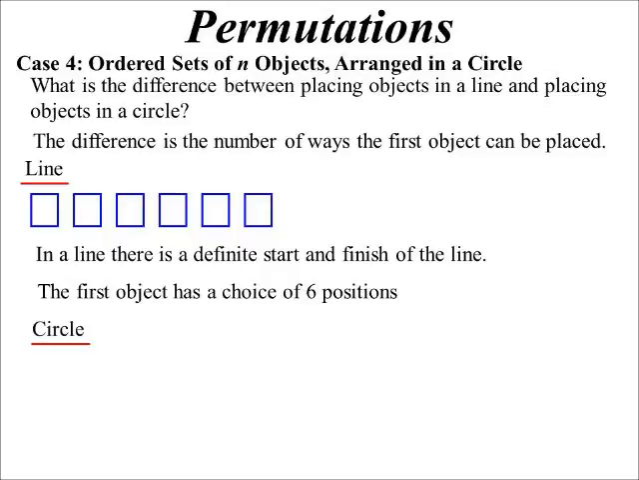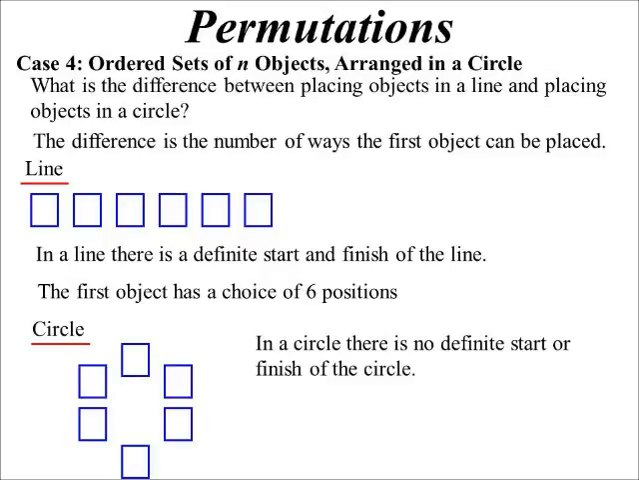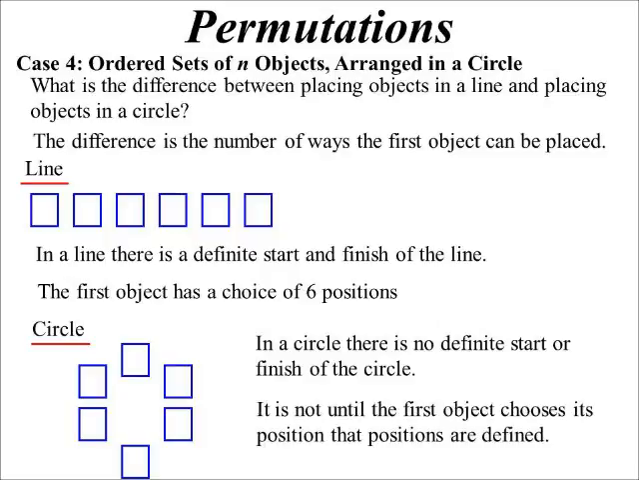But when I have a circle, there is no start or finishing position. So there actually is only one spot I can put the first object, and that is in the circle, because you can rotate the circle. So say I put it in the top one and go, oh, fair enough. But if I put it in the bottom one, I could rotate the circle and it becomes the top one again. So it doesn't matter where I put it, it's always in the same position because I can just turn the circle. So the first object has one position,